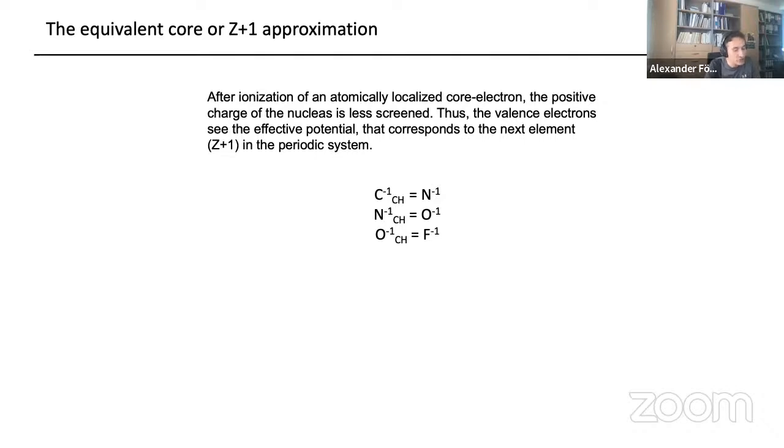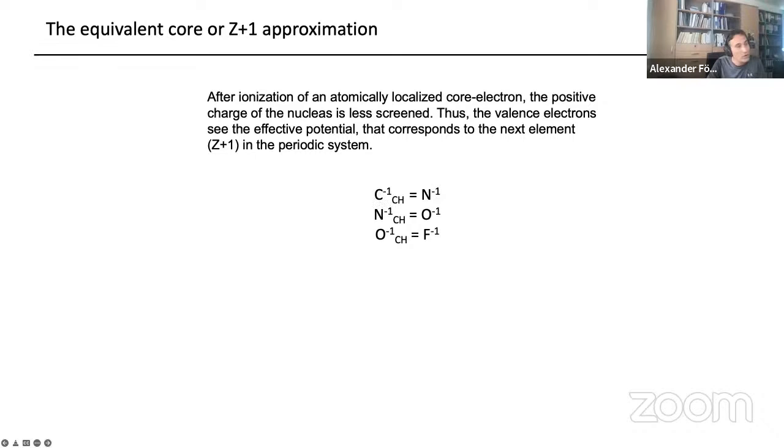And since you add a positive charge to it, the core ionized nitrogen behaves like oxygen. That means a core ionized nitrogen atom behaves like a valence ionized oxygen atom. It also means that the core ionized carbon atom behaves like a valence ionized nitrogen atom, and the core ionized oxygen atom like a valence ionized fluorine. So it's always in the periodic table